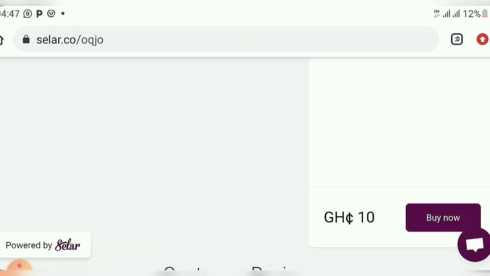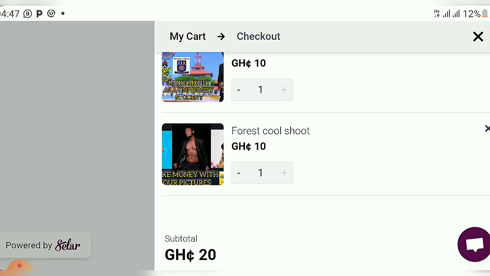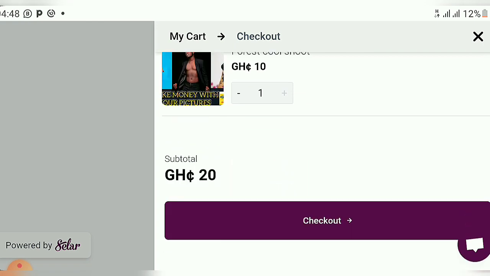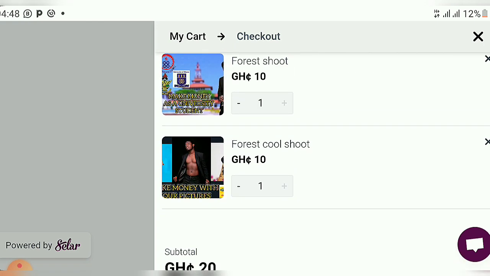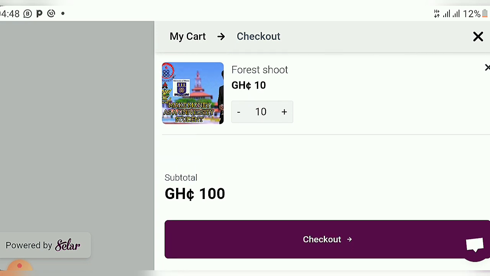So when I click on buy now, they will ask you how much do you want to buy. You see, I have to put that over here. If I want to buy both of them, that's 20 cedis. If I want to buy, let's say, 4 copies, 5 or 10 copies, and I don't want to buy this one, so if I want to buy only this 10 copies, that's 100 Ghana cedis. So if one day 10 people buy your picture, you'll be getting 100 cedis. Yeah. So if you click on checkout,